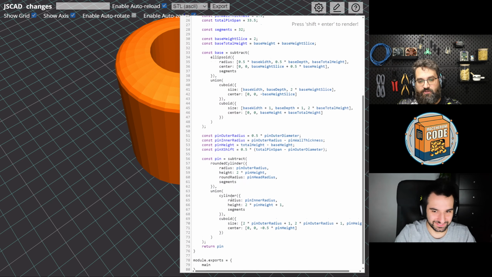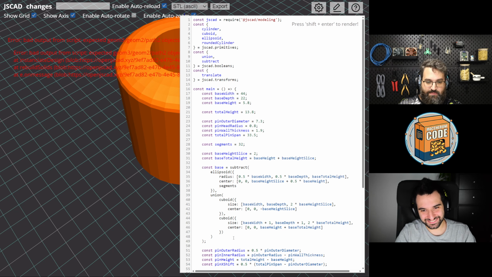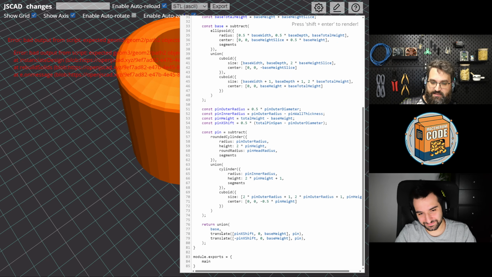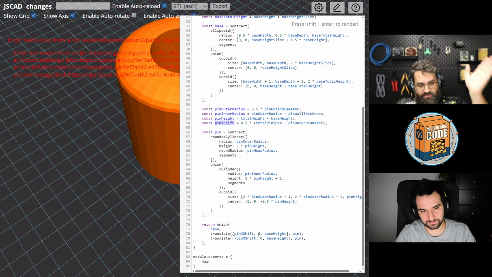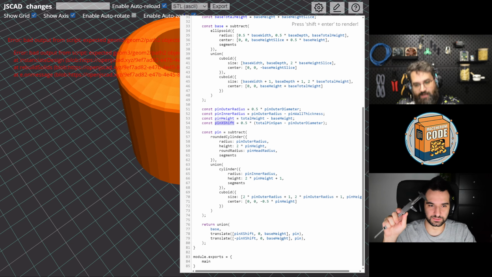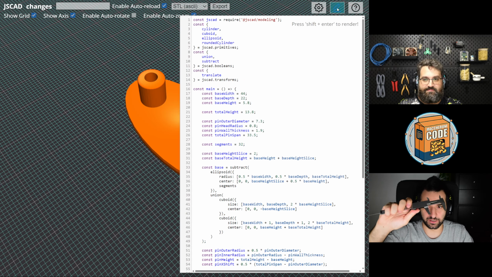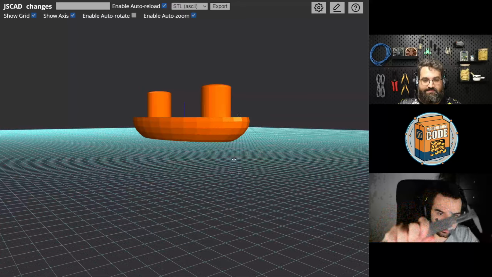And we're going to say, okay, I don't want to see just the pin. I want to see the base together with two pins that are shifted. Well, the X shift is that measurement that we computed before. It's the distance between the center of the object and the center of the pin, one in one direction, one in the other. Nothing in the other direction is aligned with the center. And we are moving up as the height of our object. Let me do a check. I'll try to check if it's correct from our long distance relation.